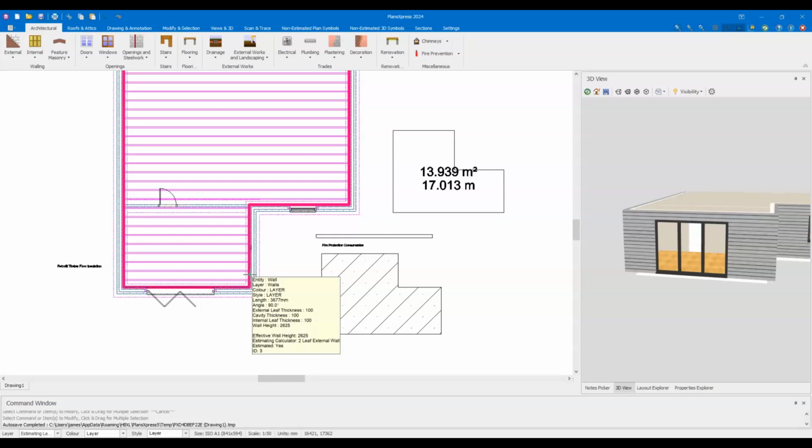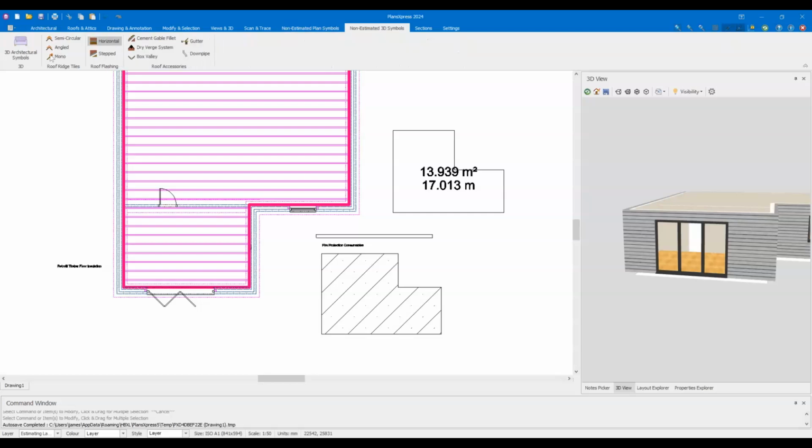Somebody's asking whether there is a triangle window for gable ends. Unfortunately, no. Triangular windows are quite tricky from the CAD side, so there isn't anything new in that. For those of you that do need to do those, we have a very good video on our help site that talks you through the steps to add in triangular windows. So we have triangular windows in non-estimated symbols that you can place, and then you use